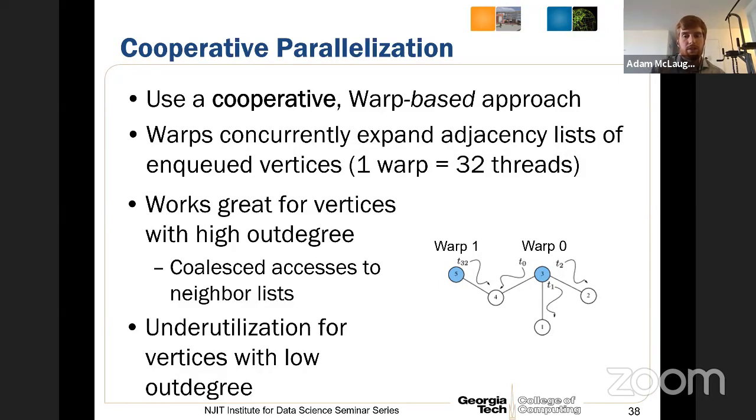One warp in this case is 32 threads. That's just for the NVIDIA architectures. And this works really well for vertices with a high out degree, and has some underutilization for vertices with low out degree. So in the picture, what I'm trying to show here is